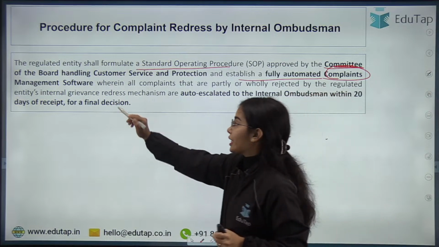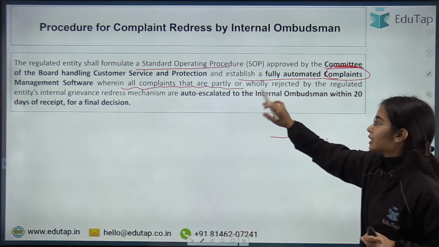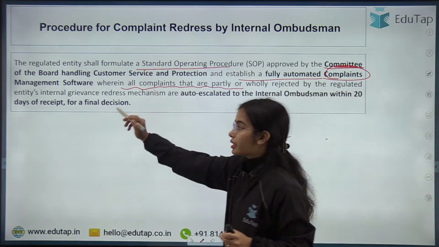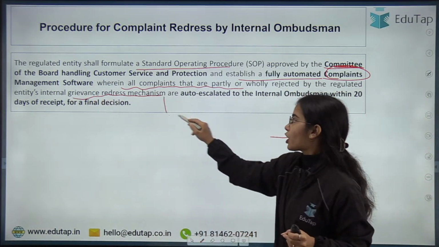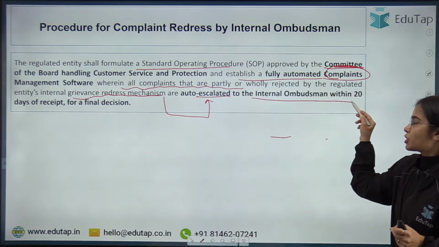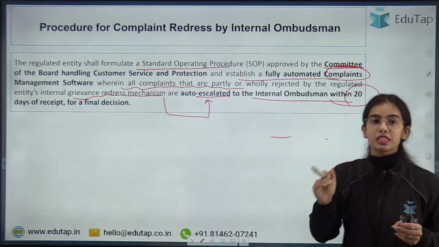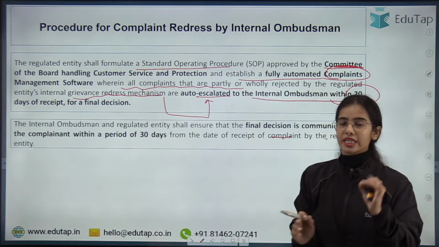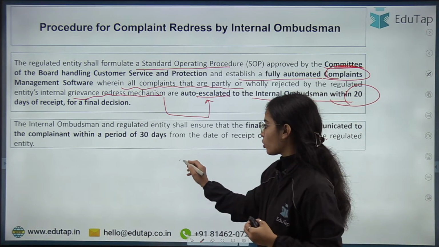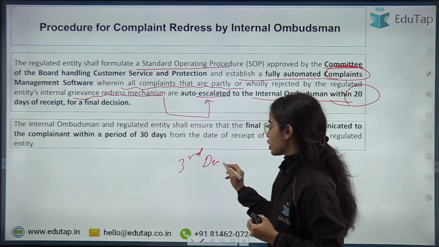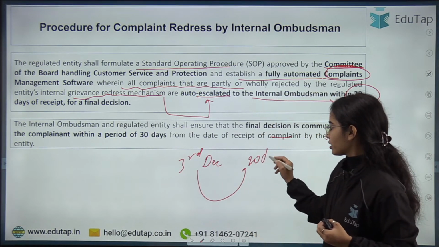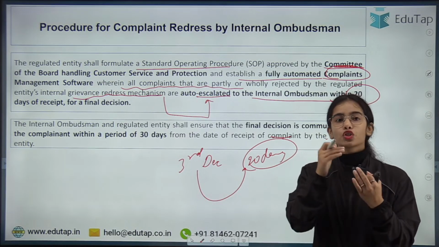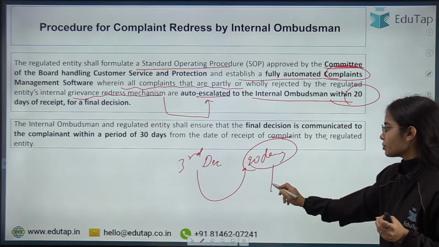Now the regulated entity shall have a standard operating procedure and establish a fully automatic complaint management software wherein all the complaints that are partly or wholly rejected by the regulated entity's internal grievance redressal mechanism are auto-escalated to the internal ombudsman within 20 days of receiving that complaint for a final decision from the internal ombudsman. So let's say you have received the complaint on 3rd of December. So within 20 days, if the complaint is rejected,